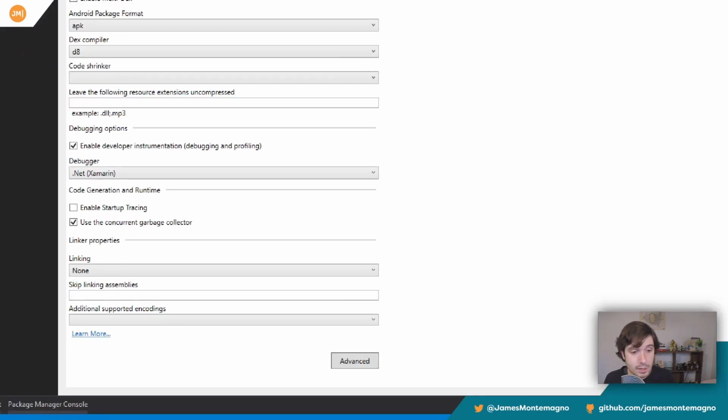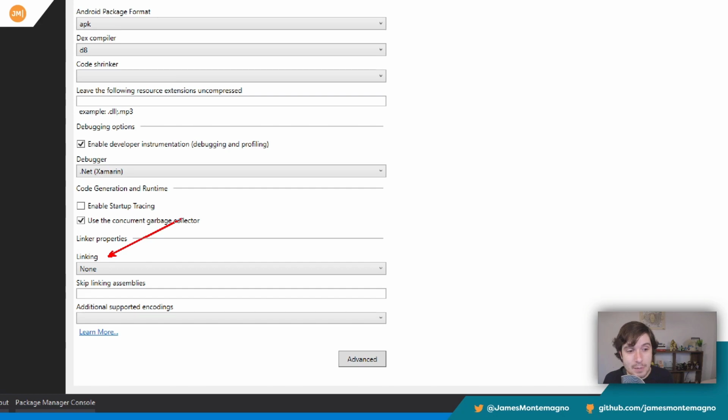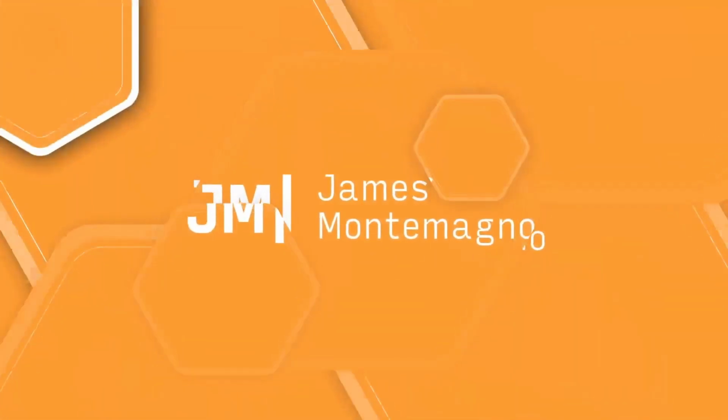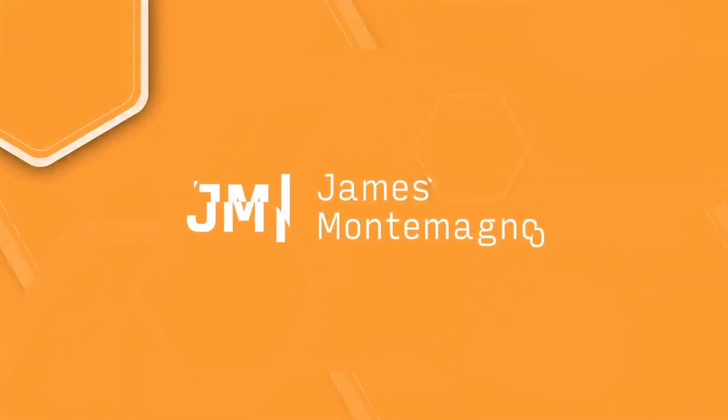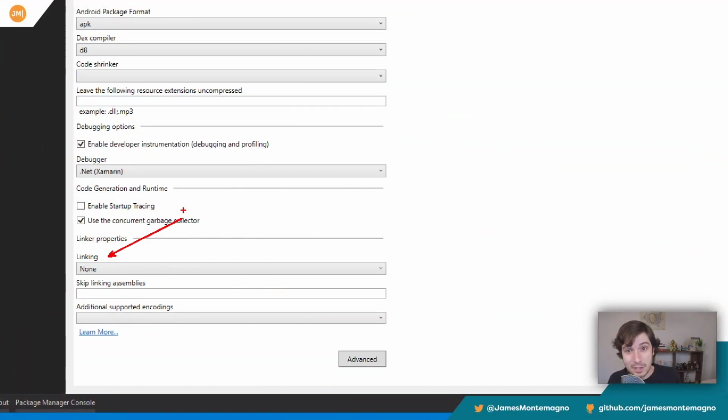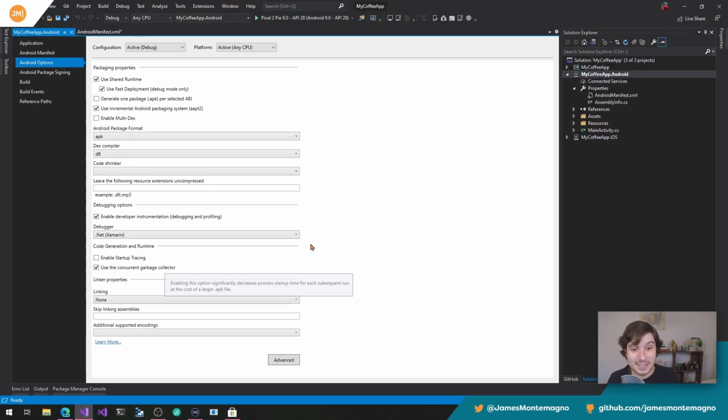Now, finally, down here, what you'll want to do is always ensure in debug linking is set to none. This actually applies for both iOS and Android. And linking is a way of telling the compiler for iOS and Android how much code in the .NET runtime to remove. And it's really smart because you don't want to include all of .NET into your application. So it sort of tree shakes, it sort of removes and strips away and looks at your code to say what's required and what's not. But for debug purposes, we don't want to do that because it'll take longer, in general. And that's kind of good.